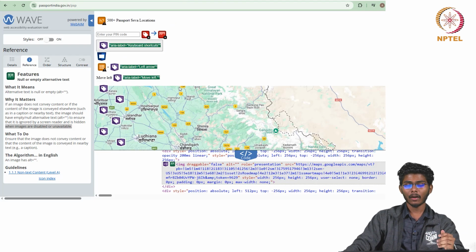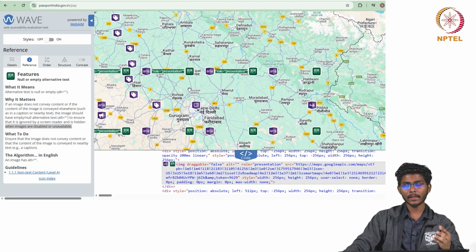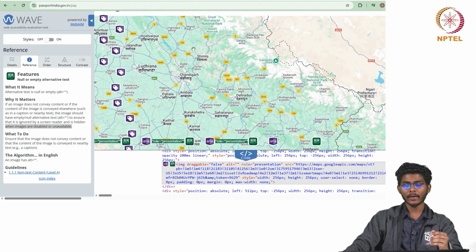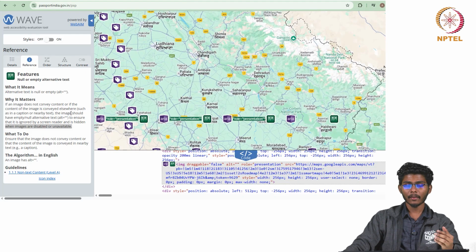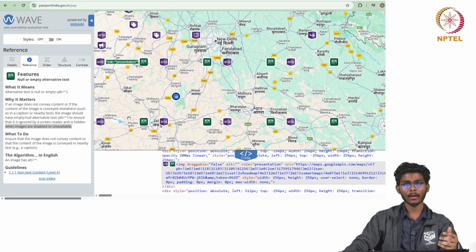For example, I am using the screen reader option just for reading out the content, but while using the screen reader, it doesn't only specify a specific portion of the part, it will directly go from the top to the bottom, where it reads the contents of the image elements wrongly, which we don't need. So, for that purpose, we will use the alt attribute as a null value.